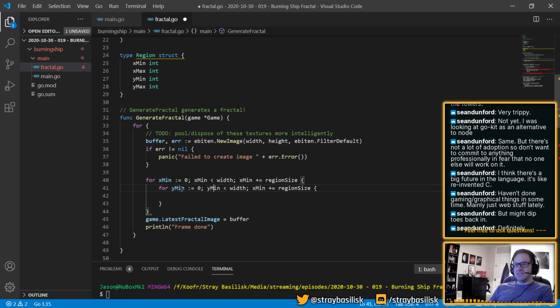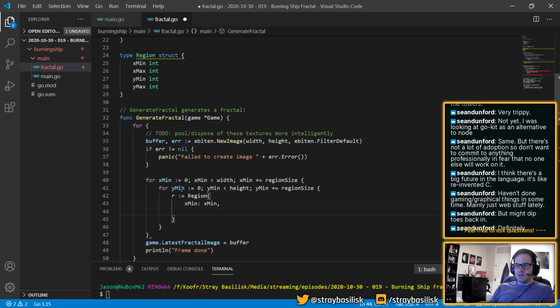Kind of decomposes it into a grid, if you like. So now we can create a region. R is a region which goes from xmin, max is going to be